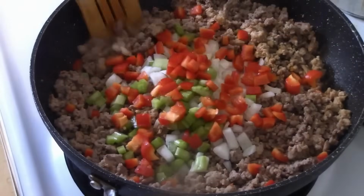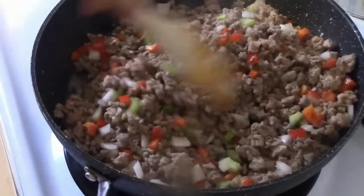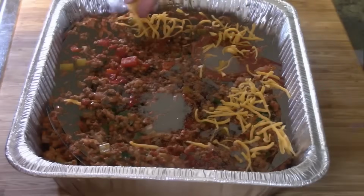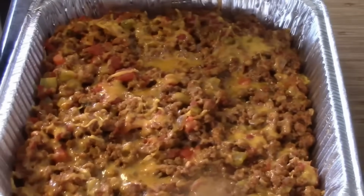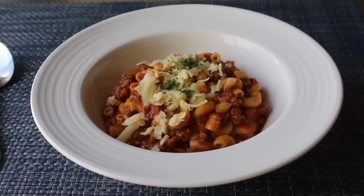What makes Johnny Marzetti so special is how adaptable it is. Want to throw in some veggies like peppers or mushrooms? Go for it. Craving a little extra kick? Add some crushed red pepper or Italian seasoning. And if you're a cheese lover, and who isn't, feel free to go overboard with layers of mozzarella, cheddar, or parmesan. The best part? It tastes even better the next day as leftovers when all the flavors have had time